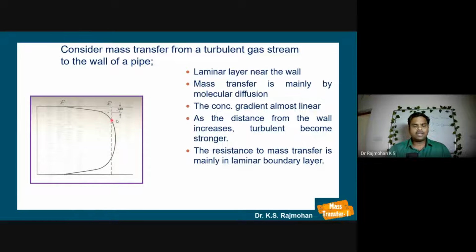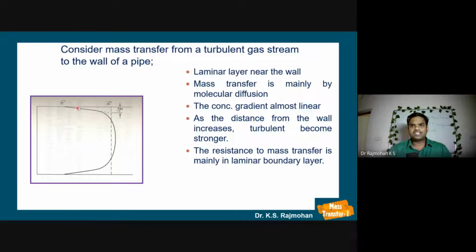Because when you have a turbulent flow, we have seen a flat velocity profile, and near the solid boundary we have a boundary layer thickness. The boundary layer is an imaginary line which separates the fluid from uniform velocity to 99 percent of uniform velocity, right? Similar to that here also. Under this thin film, small layer only, the concentration changes, beyond which we can consider it uniform, because that is the turbulent zone. So we discuss this small laminar layer near the wall.